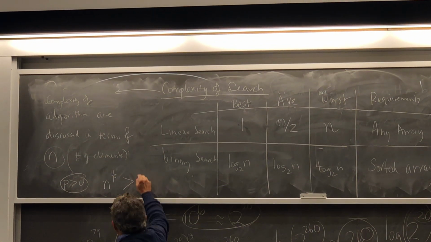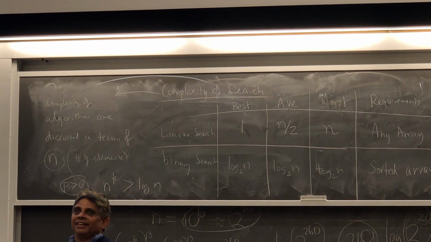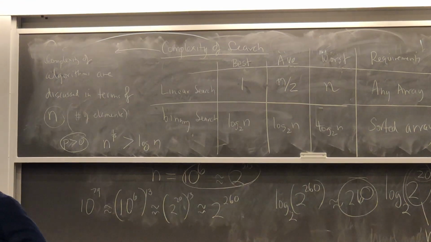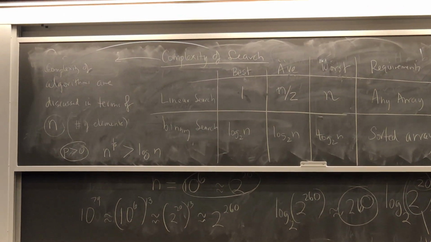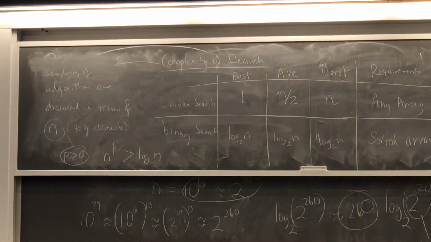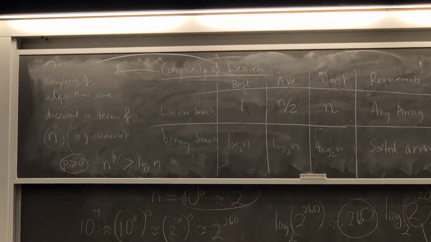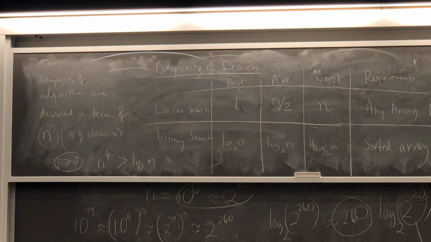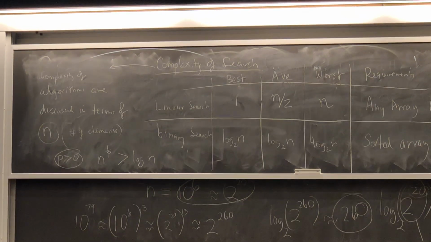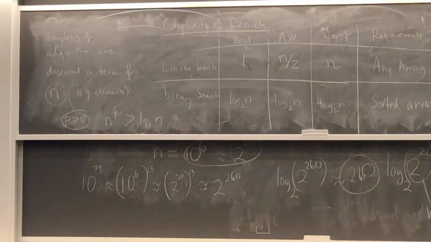And this is still bigger than log n. n to the 1/2, n to the 1/3, n to the 1/100, the 100th root of n, is still bigger than log n. So this tells you the importance of algorithms. All right, guys. See you Wednesday. We'll talk about